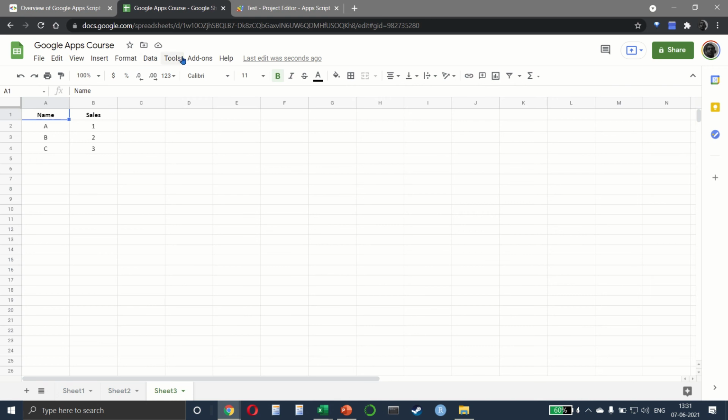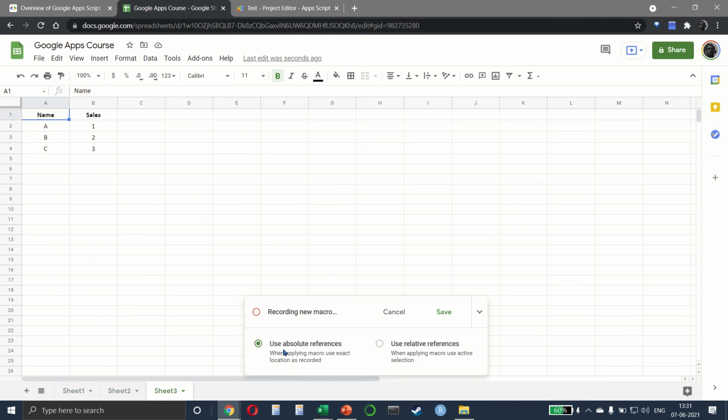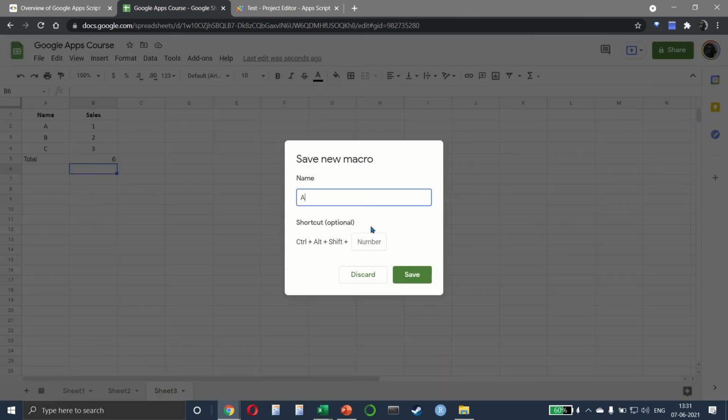So first we will go to Tools, Macros, and Record Macro. And this time we will select absolute. So I'm going to select A5, write total equal to sum, and we get the result. Let me save it. And we will call this absolute sum.